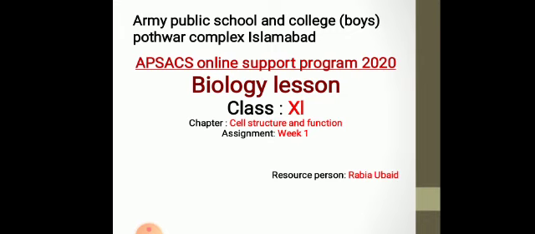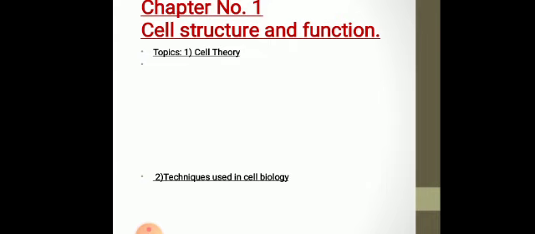I am Rabia Ubaid from Army Public School and College Boys Potowar Complex Islamabad, and today I am going to start the first chapter of biology first year book, Cell Structure and Function, and this is part of the HSSC-I online sport program 2020. The chapter number 1 of your book is Cell Structure and Function,